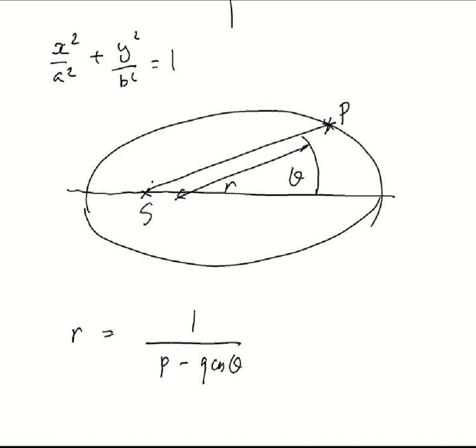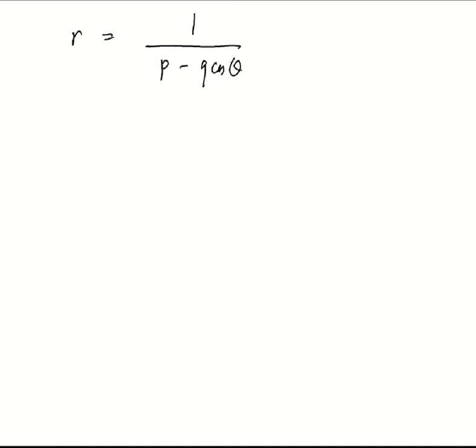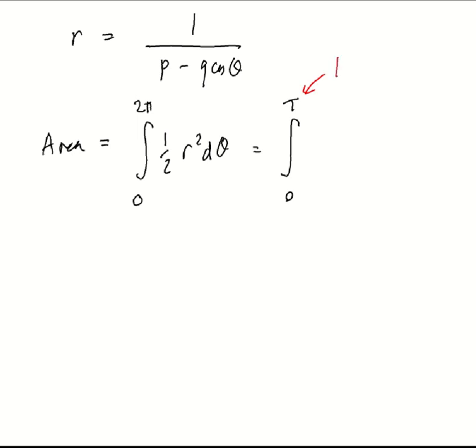So what's the point of this? Well, we determined that the area is given by the integral of half r squared d theta. To get the area of the ellipse, that's from 0 to 2 pi. Then, if you remember, you can use the chain rule here and transform into time t. So one period, t, is going to be the length of the year. If I make a change of variable like that, which is quite nice,